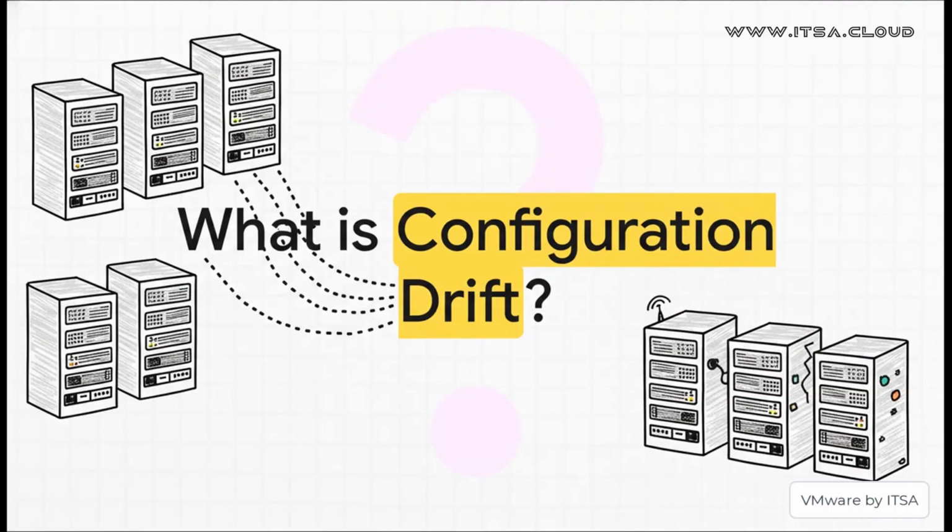So let's kick things off by meeting the villain of our story: configuration drift. What is it? Well, imagine you set up, say, 10 servers to be absolutely identical, perfect clones. But over time, you know how it is. Security patches get applied, performance gets tweaked, different admins make little adjustments here and there, and slowly they all start to change. They drift apart. It's like you're trying to manage a fleet of cars that all look the same, but under the hood, every single engine has been secretly tuned just a little bit differently.